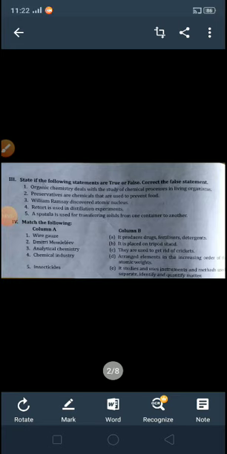Arrange elements in the increasing order of their atomic weights. Third one, analytical chemistry. It studies and uses instruments and methods used to separate, identify and quantify matter. So the correct option is E from column B. Chemical industry. We know industry produces drugs, fertilizers, detergents. So the correct one is the first one, A. The last one, insecticides. Insecticides are used to get rid of crickets. Crickets are a type of insect.